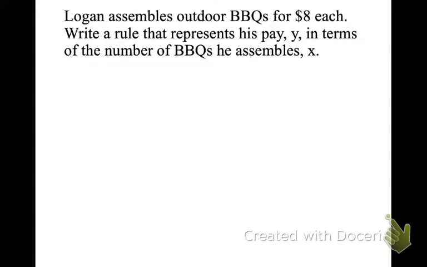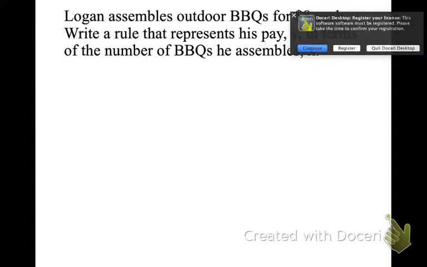We can have word problems where you can write out the rule. Logan assembles outdoor barbecues for $8 each. Write a rule that represents his pay y in terms of, that means y is the result and whatever else is on the right side. y in terms of the number of barbecues he assembles. So if they're $8 each,